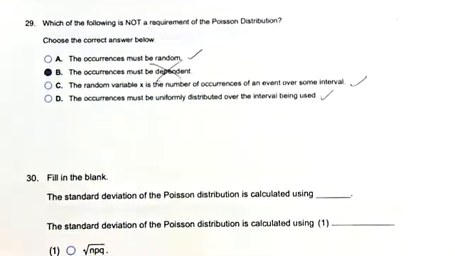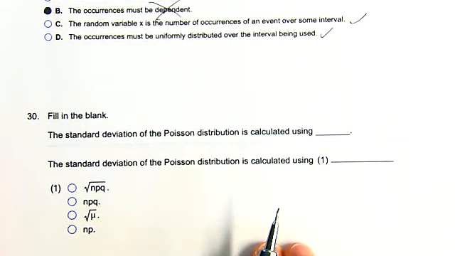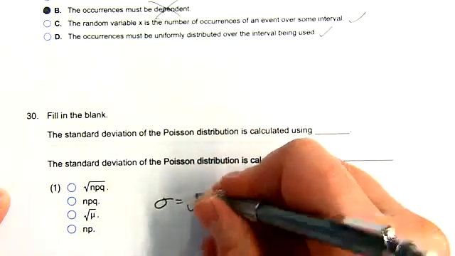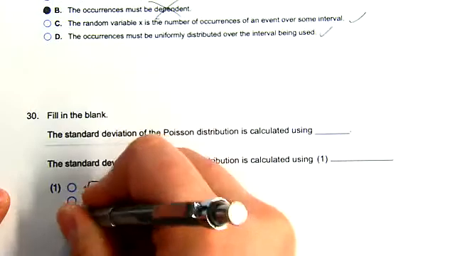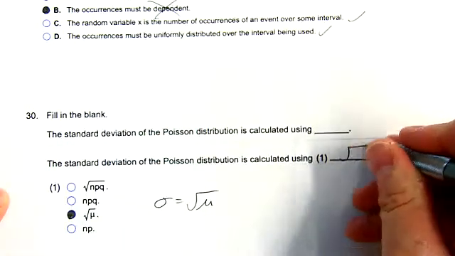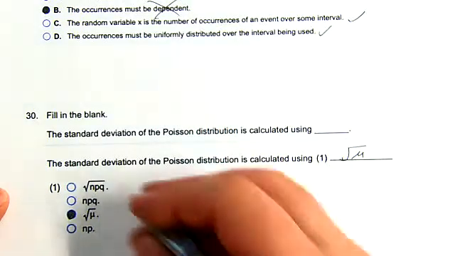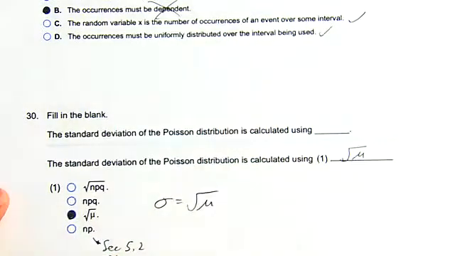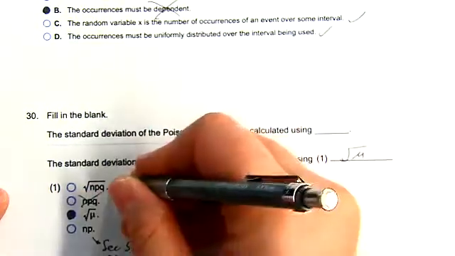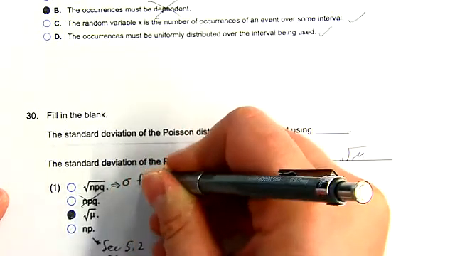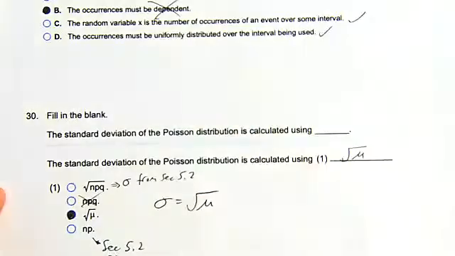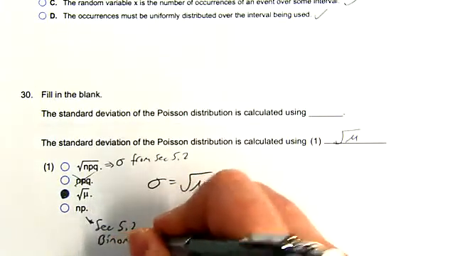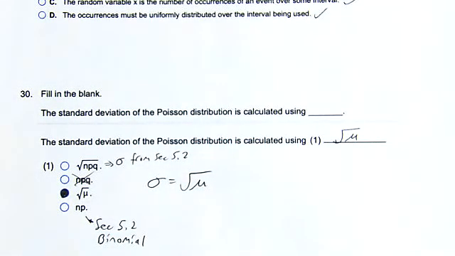Last question. The standard deviation for Poisson was what? So sigma, if you recall, I wrote down was the square root of mu. So it's the square root of mu. This one comes from section 5.2 for binomial. This one we never use, and this one was sigma from 5.2. That will complete section 5.3 and chapter